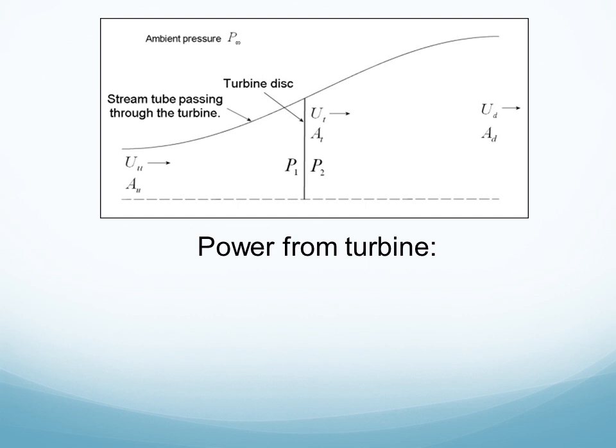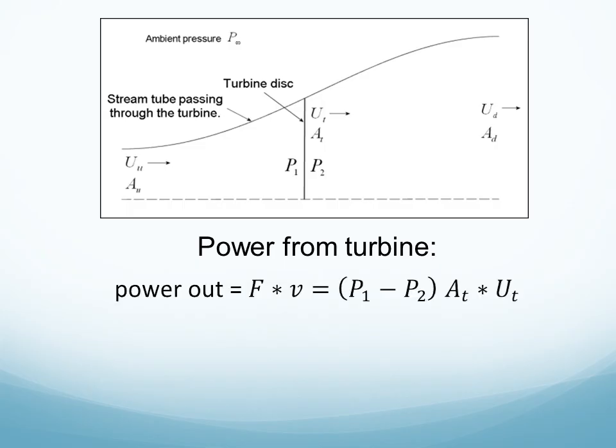Now to calculate the power we get from the turbine, or the power out. This part of the calculation is very mathematical, so it's helpful to pay attention to the algebra, and by the end we will tie everything together. We've already discussed that the velocity and momentum change when the air hits the disk results in a force. We can write this force as a function of power by multiplying it by a velocity, and once again, a